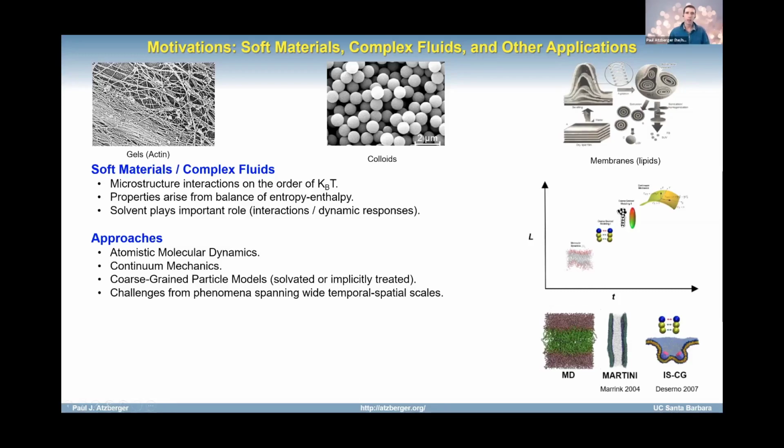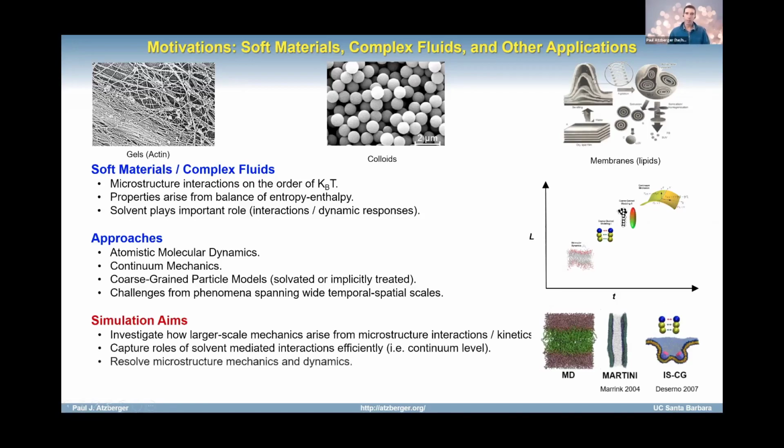So as I said, the simulation aims are that if we can remove a lot of these degrees of freedom, modeling them explicitly and folding them into things like a continuum theory or coarse-grained particles, it really lets us access much larger spatial and temporal domains, which then allow us to study much wider classes of phenomena. And that's going to be a big motivation for a lot of the approximations and the overall drive in how we're going to develop these different stochastic immersed boundary techniques.